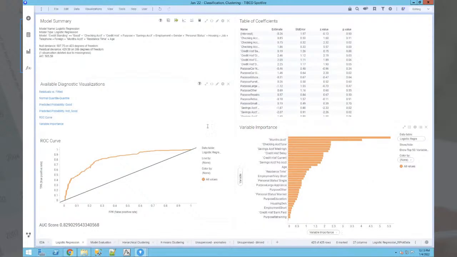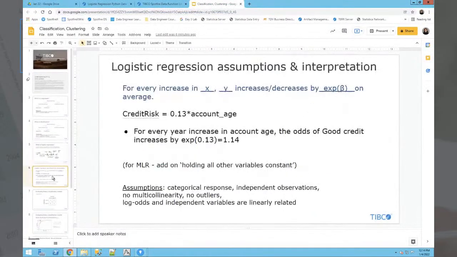And what I've actually done on this page is emphasize some of the charts that I think are most useful. Here we have a table of coefficients chart. This is going back to our logistic regression formula and telling us what this formula is going to be derived to be. If I go back to my slides for a second,